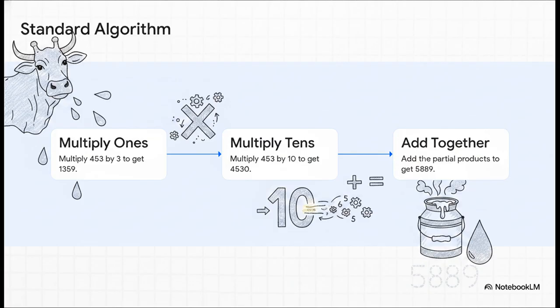Okay, step 1. We multiply the entire top number, 453, by the ones digit of the bottom number, which is 3. So 453 times 3 gives us 1,359. Step 2. We multiply that top number by the tens digit. But wait, remember our very first lesson? It's not just a 1, it is a 10. So we're actually multiplying 453 by 10, utilizing that exact place value shift we learned to get 4,530. And finally, step 3, we simply add those two partial products together, and boom, we get the final answer, 5,889